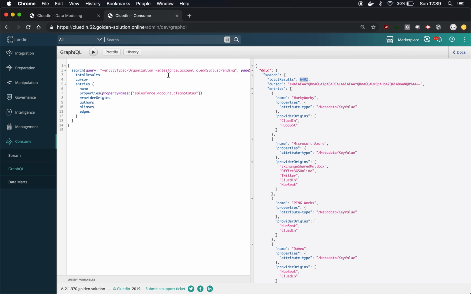And then finally, if we didn't add the type of filter, we would really be telling the system that we're wanting organizations that should have a clean status of pending, but if they don't, still bring those results back, but at a lower order